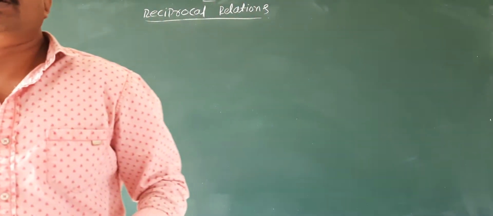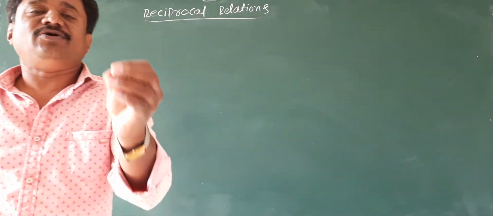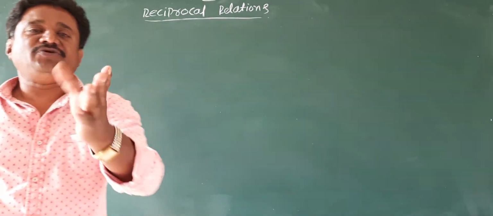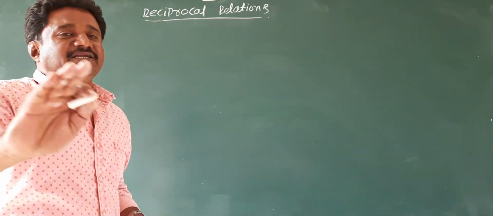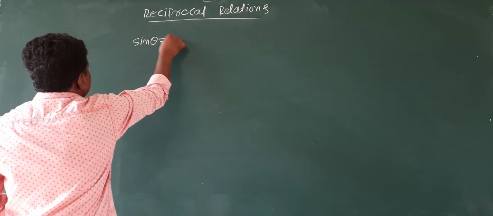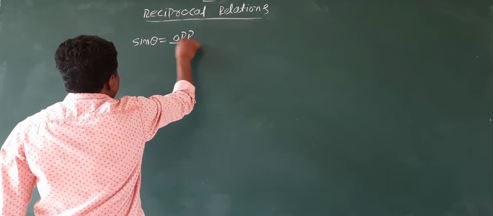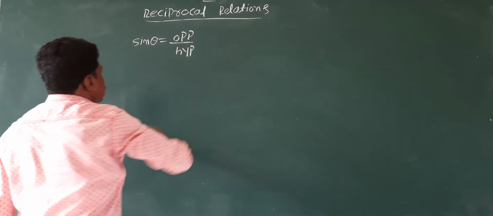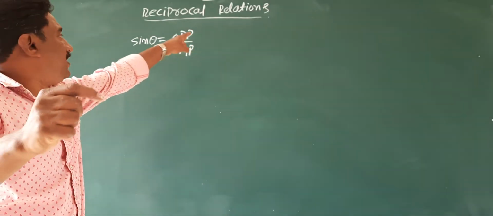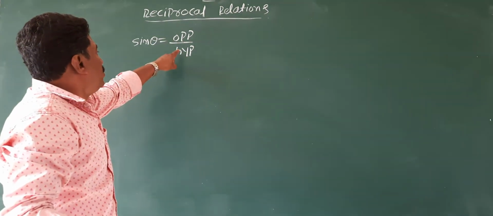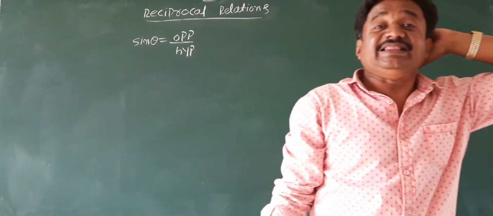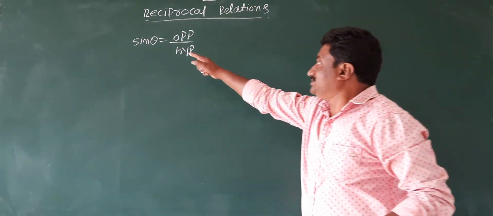In the last class, you learnt trigonometric functions or trigonometric ratios. So define sin theta, students. Sin theta in terms of sides. You learn this very well. Sin theta is opposite by hypotenuse. This ratio, opposite side divided by hypotenuse side, we call that ratio sin theta, sin of angle theta.